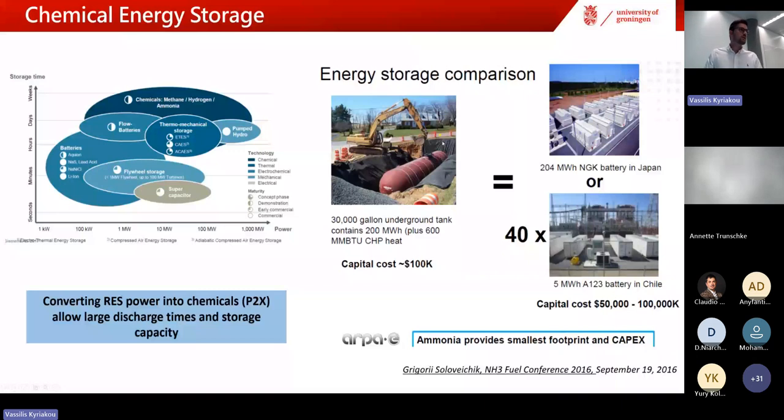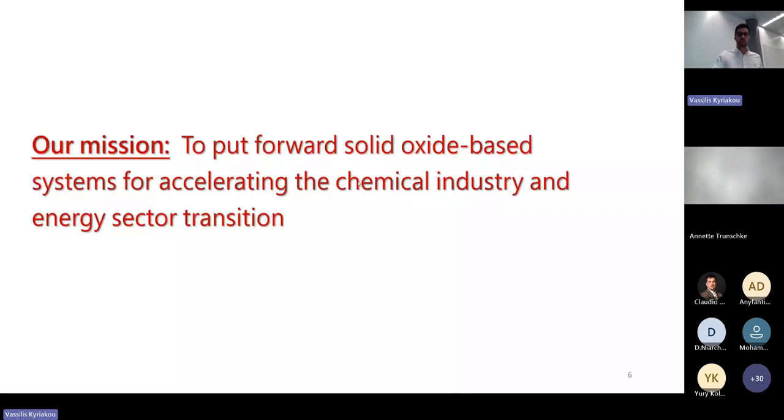That's why they are sitting in this left-hand side graph on top, in terms of the huge range of power that you can store, and of course they have large discharge time. All of this is nice and interesting in theory, but the whole question is how we can make this transformation efficient.